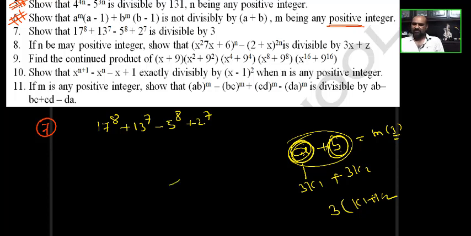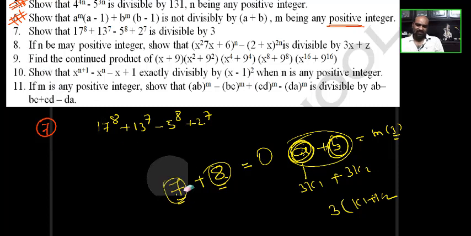I will show you. 7 plus 8, say. This is not a multiple of 3, this is not a multiple of 3, but the addition is a multiple of 3. Addition is a multiple of 3, no? 7 plus 8 is 15. Means that if the summation is a multiple of 3, you can't say that this is a multiple of 3 and this is a multiple of 3, that is wrong. Or if this is a multiple of a and this is a multiple of a, then the addition is a multiple of a. But if the summation is a multiple of a, you can't say that the individuals are multiples of a. That is not correct.